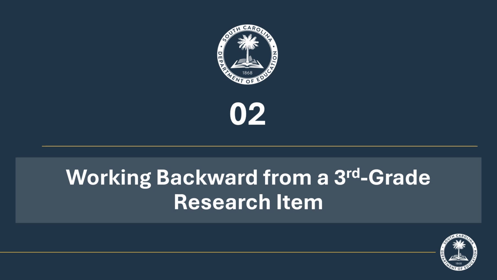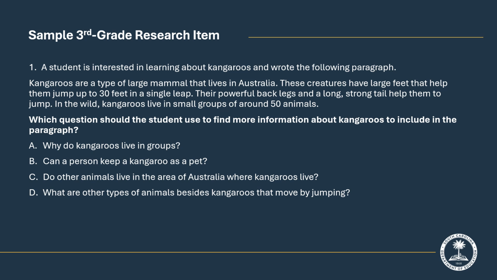Although the next sample item is a third grade item, the skill being assessed in the item is relevant for students in grades 4 and 5. This item has been realigned with our 2024 standards. This sample represents what an item could look like for Research 1.1 in third grade. Ask and answer questions about print and non-print sources to narrow or broaden thinking about a topic for inquiry.